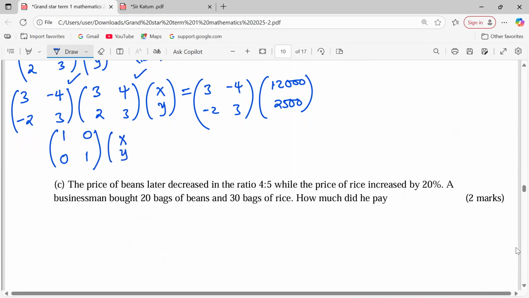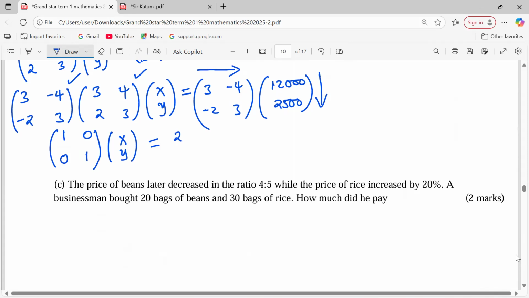Then xy equals, we can perform some multiplication on the right-hand side now. Remember, to multiply matrices, we need row times column. So 3 into 12,000 minus 4 into 2500. This gives us